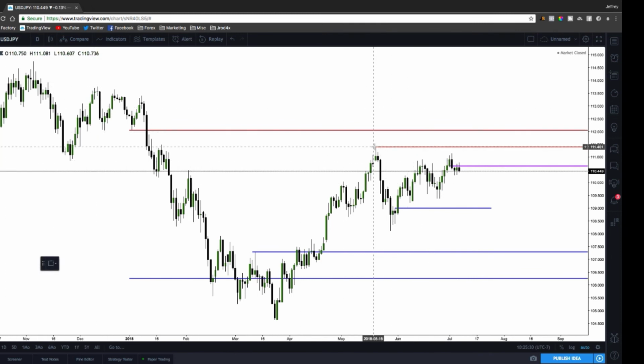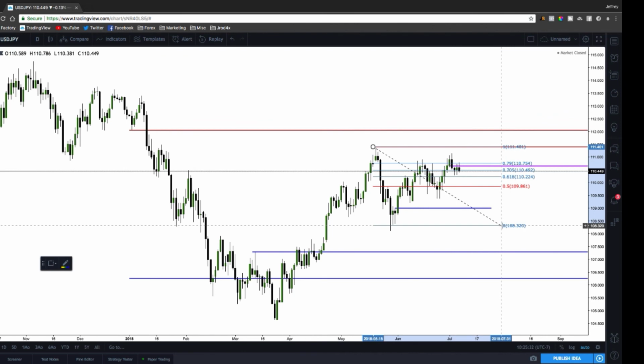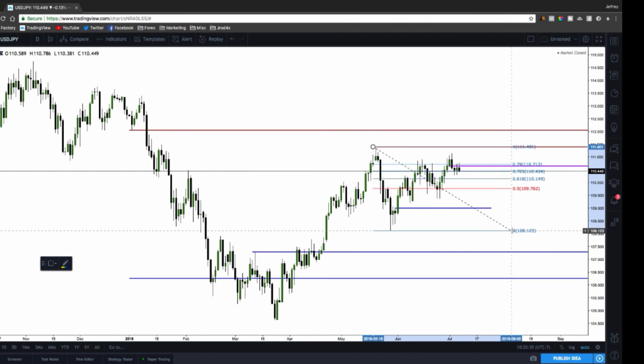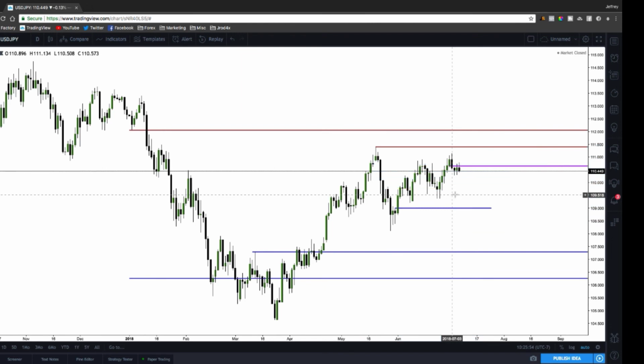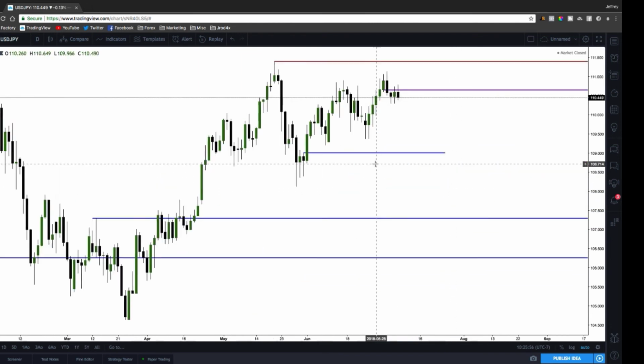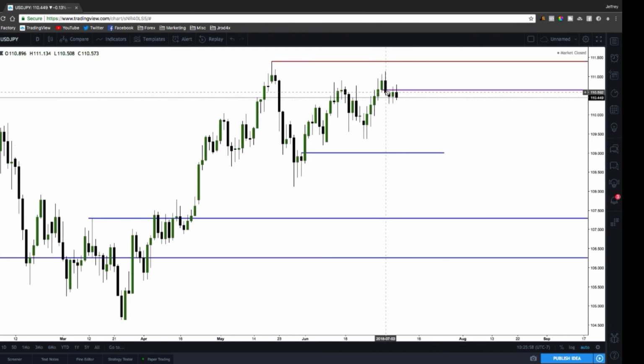With dollar index weakness, we should expect weakness on dollar yen, but they can pretty much do their own thing. We are respecting that 79% retracement level on this swing here, so really to indicate that selling, we need to see a break below this low. So this isn't a pair I'm going to be focused on either, but for those of you that do watch it, just a warning sign to be cautious, because it's really unclear to me at the moment